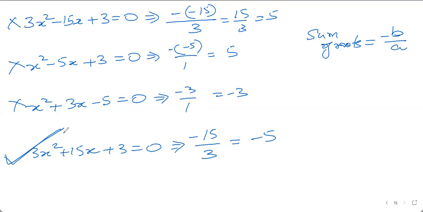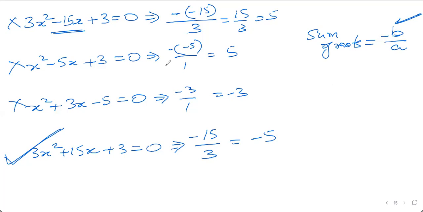I told you many students get this wrong. 2 mistakes happen. One, we will say that it is minus b by a, but when we have this kind of value, we forget in a hurry because there is already a minus written here, and so instead of writing minus of -15, we will just be in a hurry and we will write -15, and the wrong answer will come. So be careful about the sign of the coefficient.